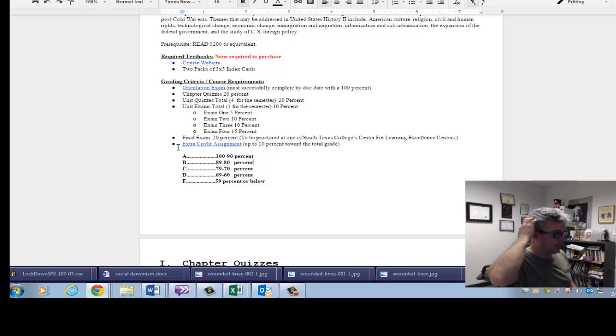The final exam, take note of this. The final exam you have to take in a proctored situation. You have to take it at one of our 3 campuses, either at Star, at Pecan, or Mid-Valley, and it'll be through the Center for Learning Excellence centers that we have at our 3 campuses. If you're from out of the area, contact me now and I will give you further instructions. So if you're not in the Rio Grande Valley, email me now regarding proctoring the final exam, and I'll let you know